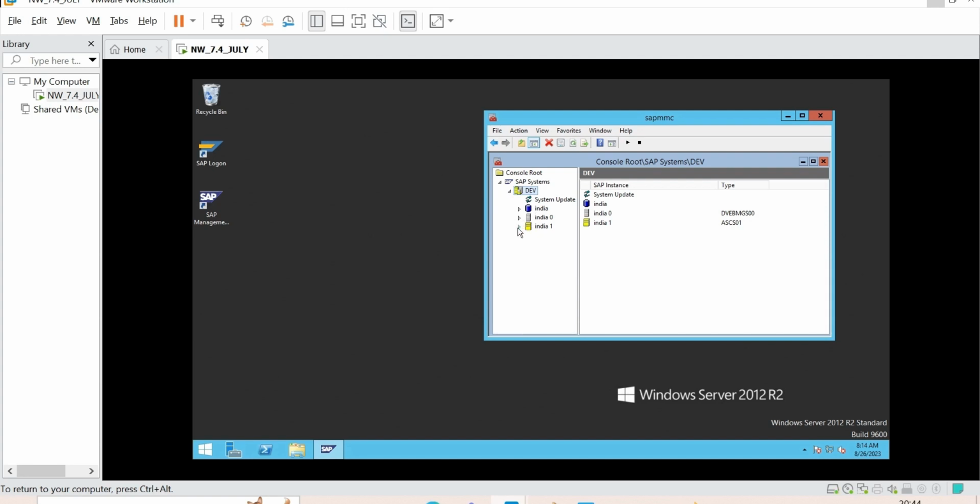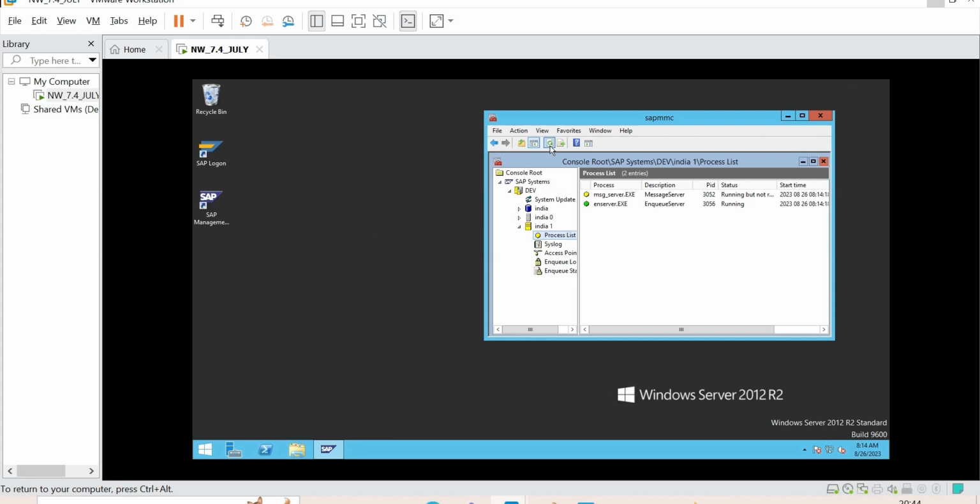See, slowly it is starting your ASCS instance. The SAP cp command is executing. It will be written in your profile, I'll show you. First the SAP cp executable, then the message server and enqueue server. Message server, enqueue server started.